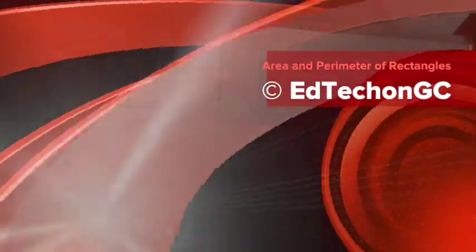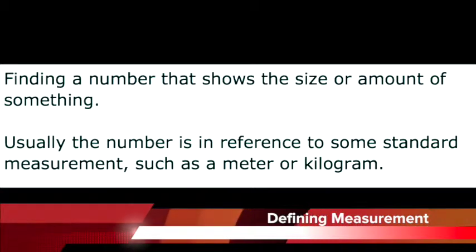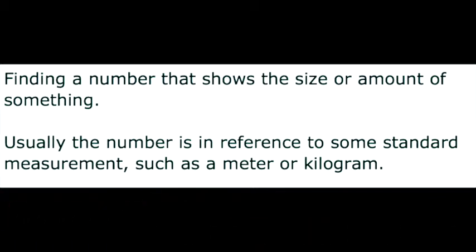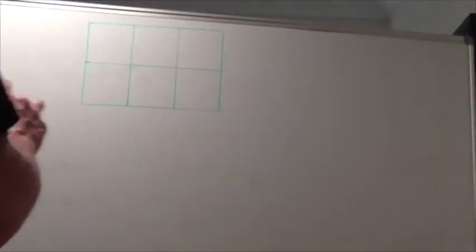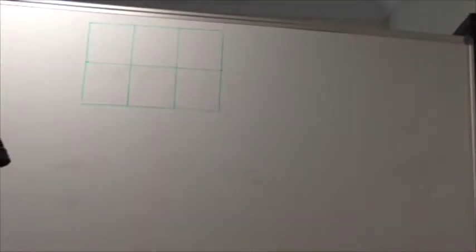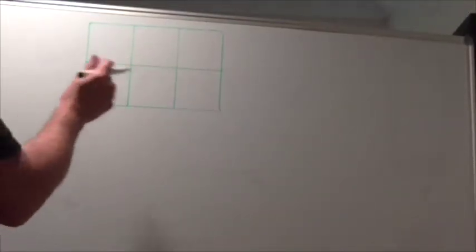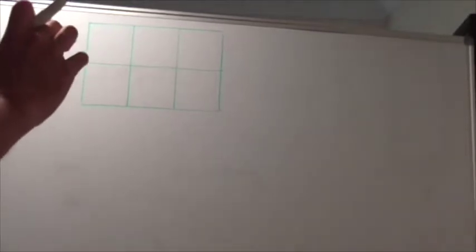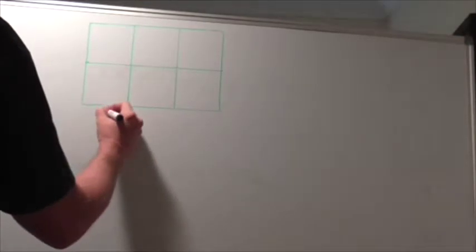First of all, we're going to understand this concept of measurement. Area. So when we are talking about perimeter, we are talking about the distance around the outside of the shape, and when we're talking about area, we're talking about the area inside the shape. That's very, very important because we're talking about two-dimensional space here, where this represents 1